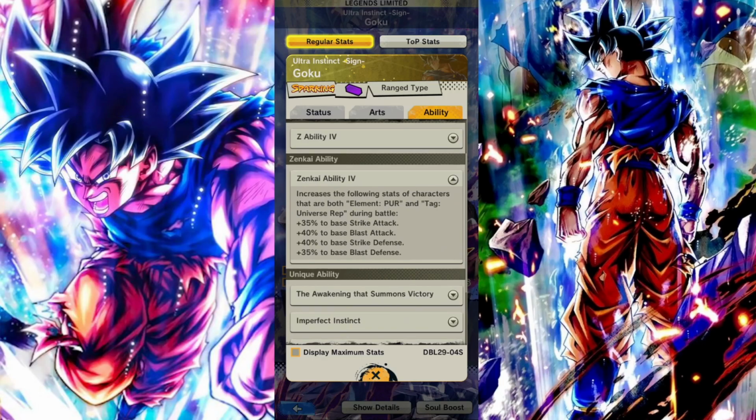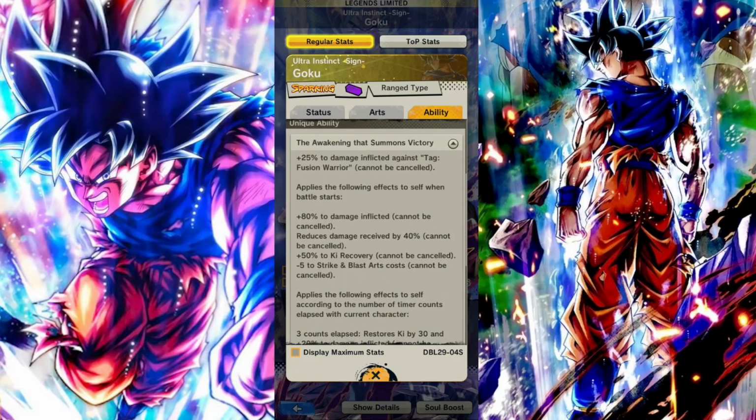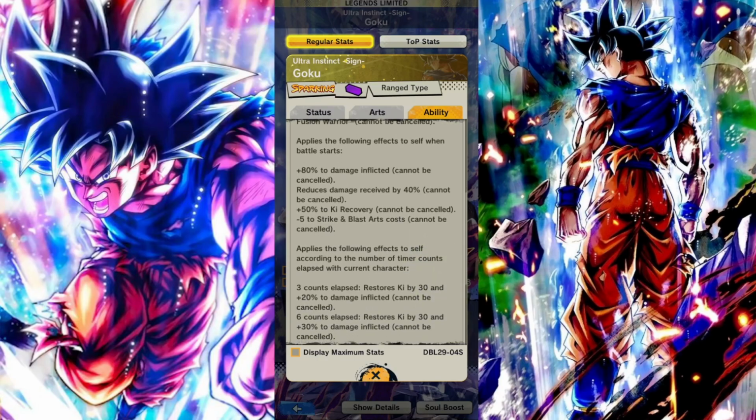His Zenkai ability is purple Unireps, which is pretty interesting. It's the Unireps kind of celebration, so they're making a bunch of buffs to Unireps. There's a few units, like Jiren and the new tag unit, that he can buff, so it's always great. His first ability is 25% damage inflicted to Fusion Warrior, which is meaningless right now. There's really no Fusion Warriors out. I mean, it's all Unireps teams that I saw last season in PvP, so he still gets 80% damage inflicted, 40% damage received